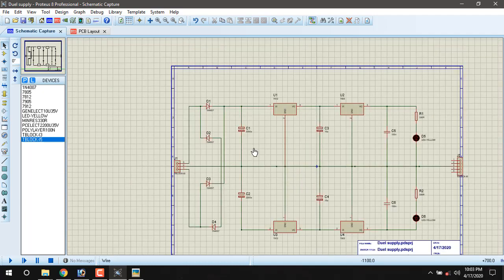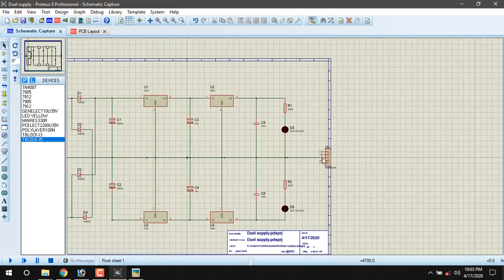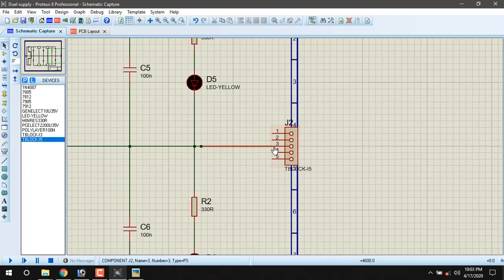Now we completed the schematic except taking the output connections. So this pin number 2 plus 12 volt, pin number 1 plus 12, pin number 2 plus 5, pin number 4 minus 5, pin number 5 minus 12.